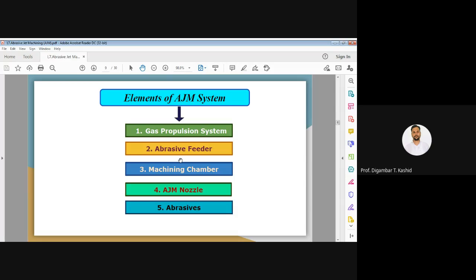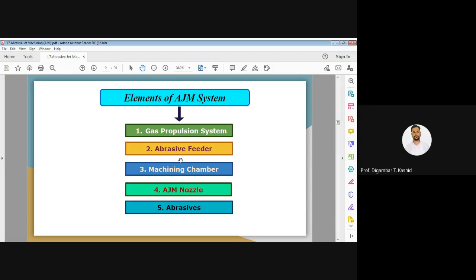The shape of the nozzle can be circular, rectangular, or other cross sections. It totally depends on the designer of your nozzle and the requirement of your workpiece. The nozzle pressure normally ranges between 2 kg per square centimeter and 8.5 kg per square centimeter, but the actual value to be used depends upon the workpiece material that you are machining as well as the required material removal.